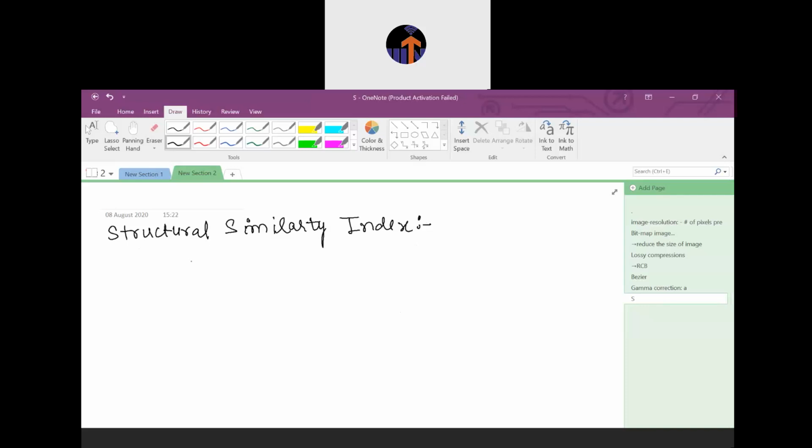This value is between 0 and 1. If the resulting value is close to 0, then you can say that the two images have less structural similarity. If it is close to 1, like greater than 0.6, then you can say they have a high structural similarity. So it is basically used to compare two images, whether they are structurally similar or not.